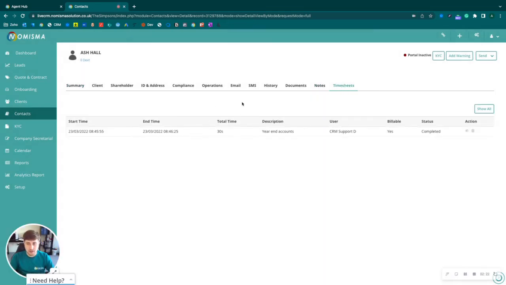So this is the time that I just recorded, which is 30 seconds, year-end accounts, and the user is CRM support D, because that's the username that I'm logged in as. But then you'd also be able to delete these, hide them, and use this functionality in order to bill your